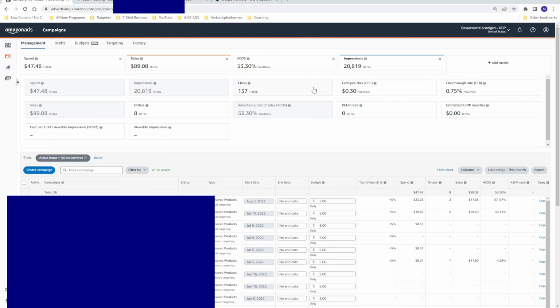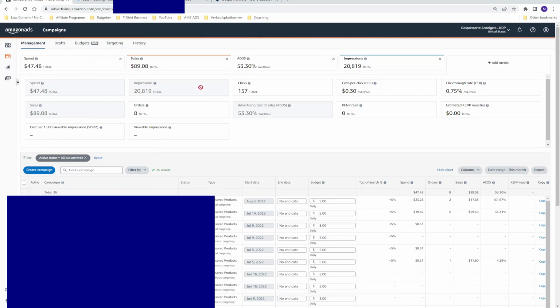So each time a customer sees your book and clicks on your book, you have to pay for this click. Therefore, there is a metric called CPC, cost per click. You can choose the CPC when you are creating a campaign. So for example, you create a campaign and choose a cost per click of 10 cents and you have 100 clicks. The total amount of costs is $10.